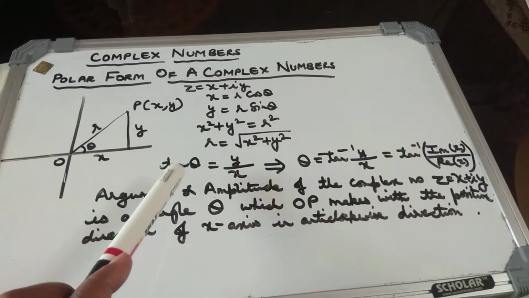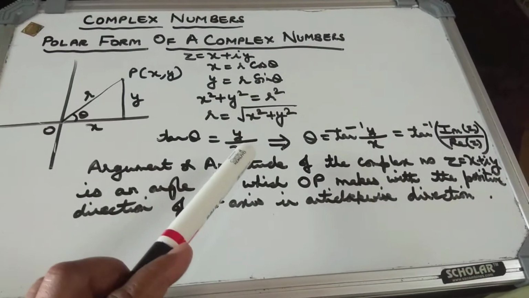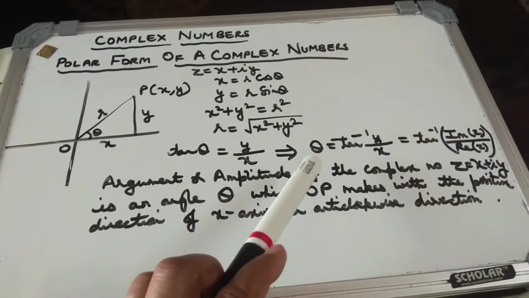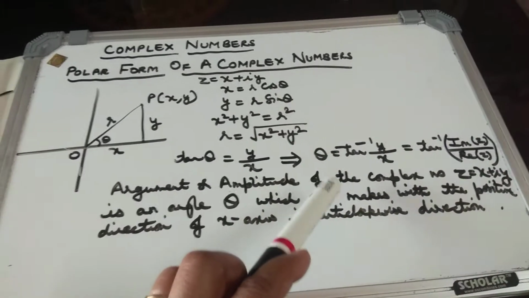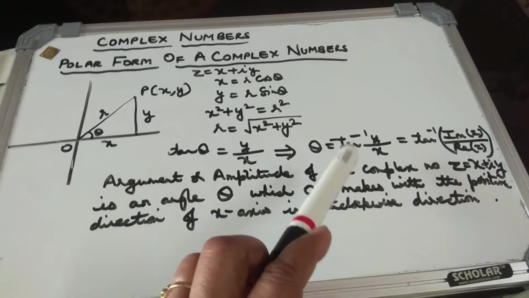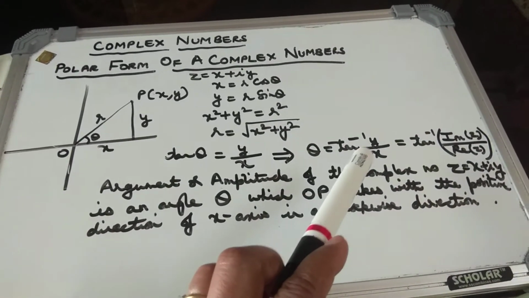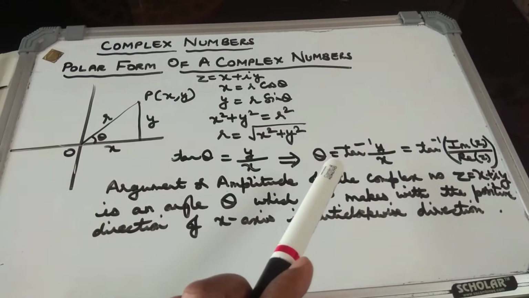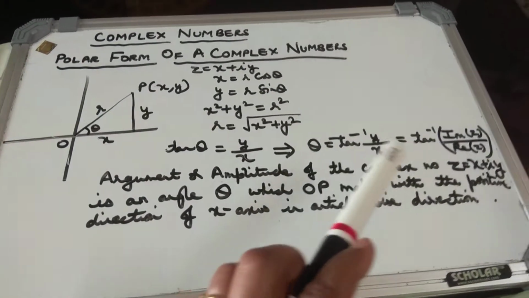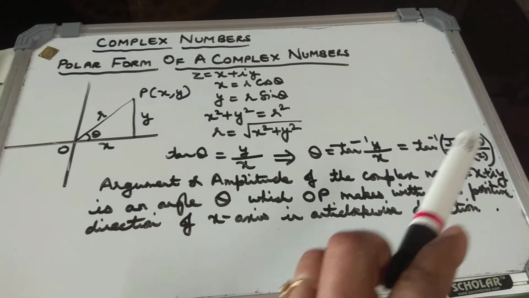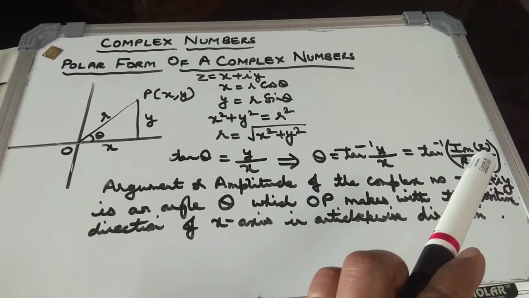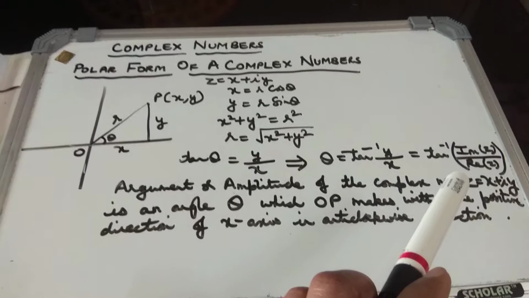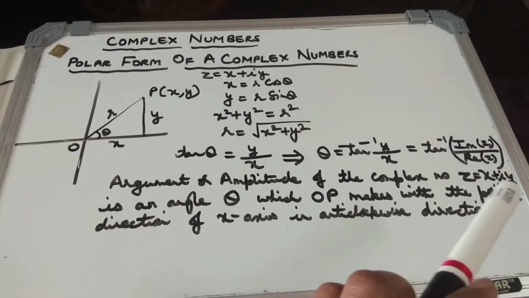Obviously, this is a new concept. Later on, we will be dealing in detail with the inverse function. Just now, since theta is to be written in terms of y by x, tan goes to this side and becomes the inverse function. Hence, theta equals tan inverse y by x. And this theta is said to be the argument or the amplitude of the complex number. By definition, tan inverse of the imaginary part of z upon the real part of z.